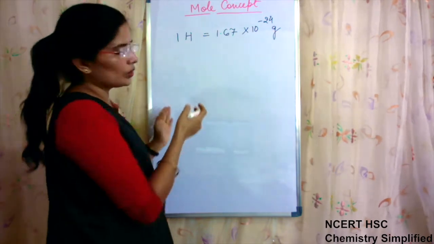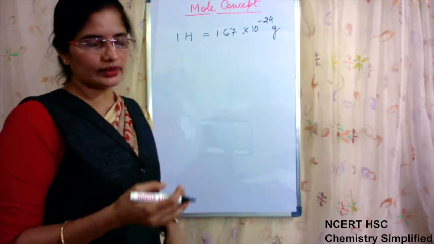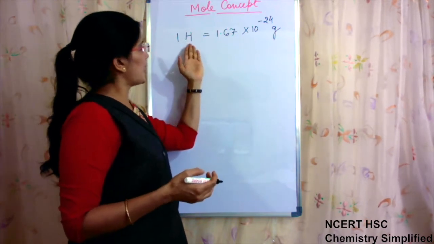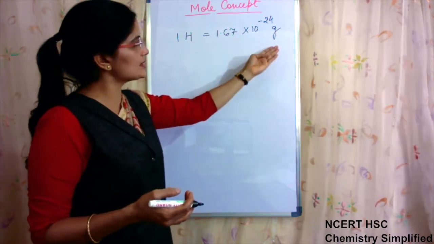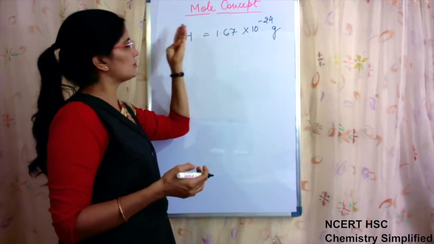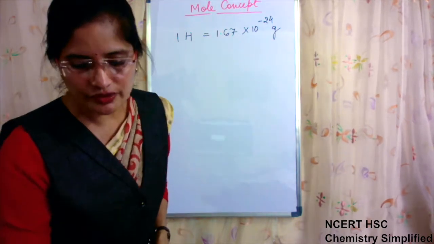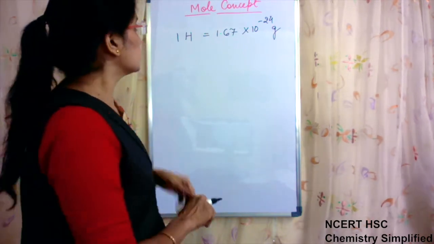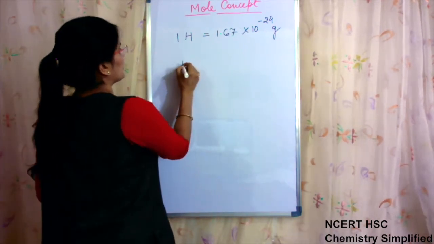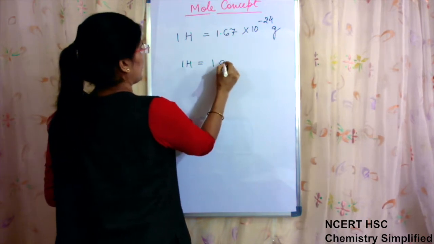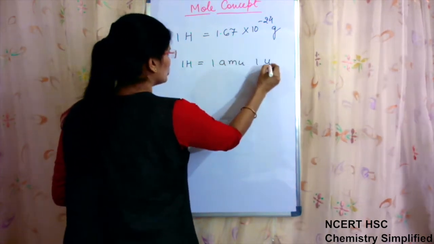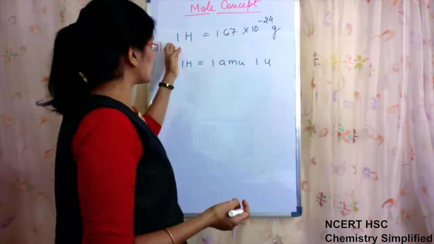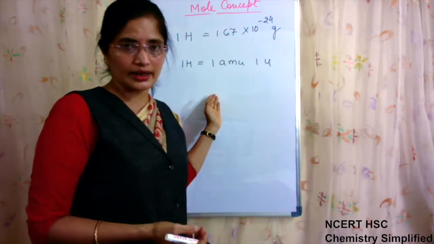Now you all have done the unitary method in mathematics. So according to that, if this much grams is the mass of one hydrogen atom, then whatever mass we write, 1 gram, you write the mass of hydrogen to be 1 AMU or 1 U, 1.008. So we write it like this, but the actual mass is this. We know this is the relative mass.